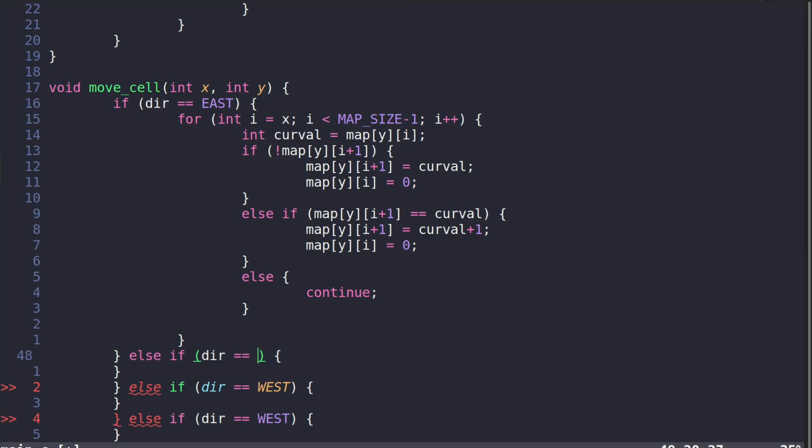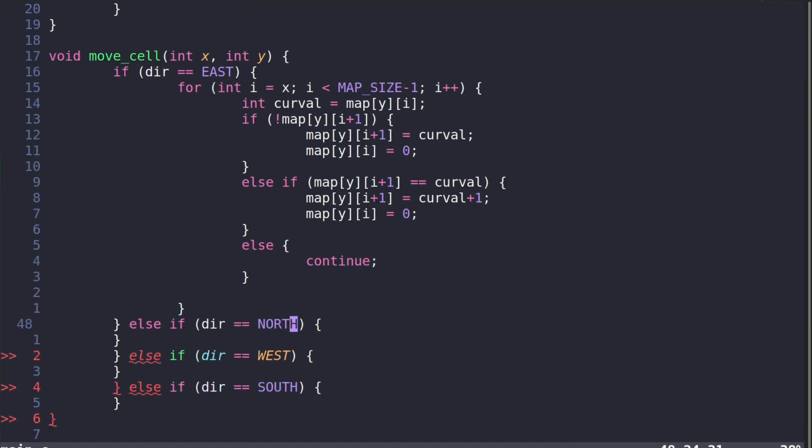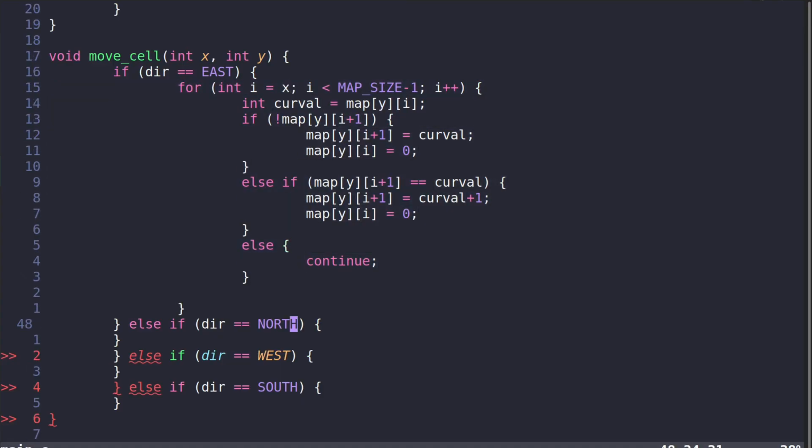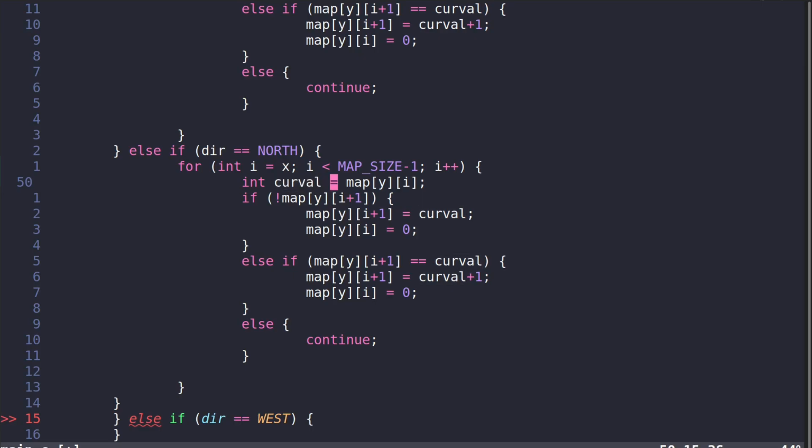east, north here, west here, and south here. And let's put it there. So now what we need to do is take all of this and mess with it a little bit. So now if it is directed north, i.e. upwards,